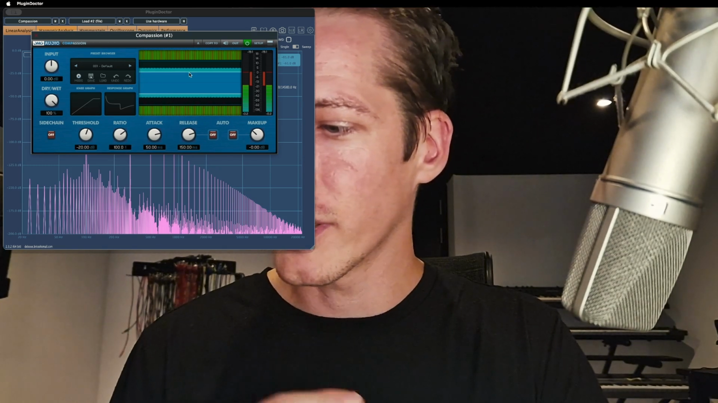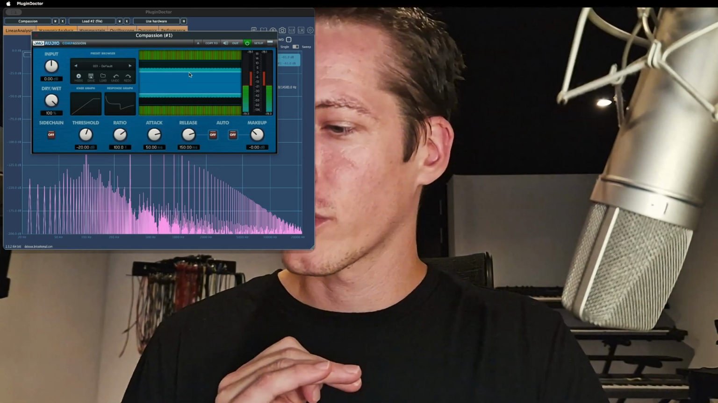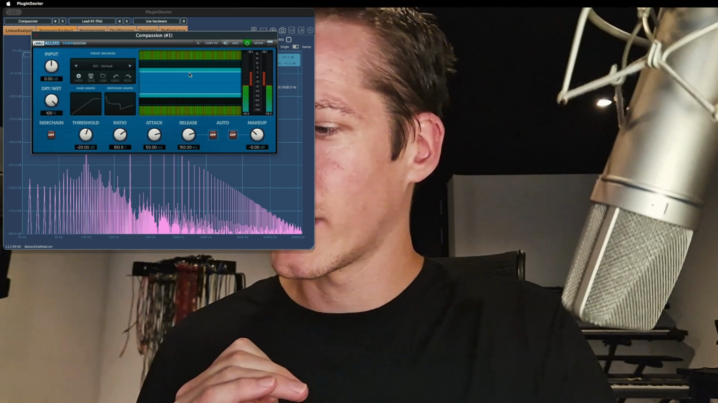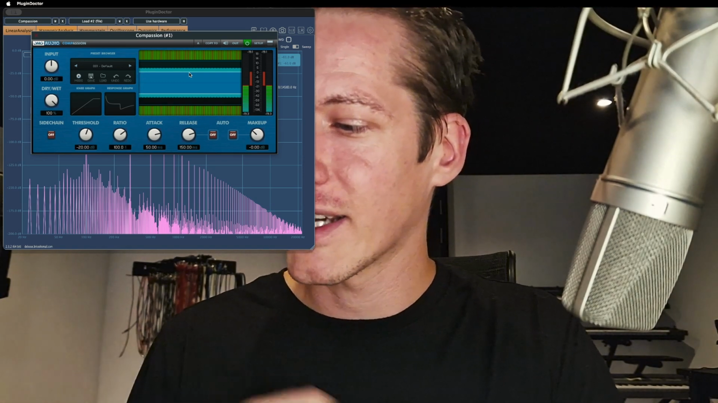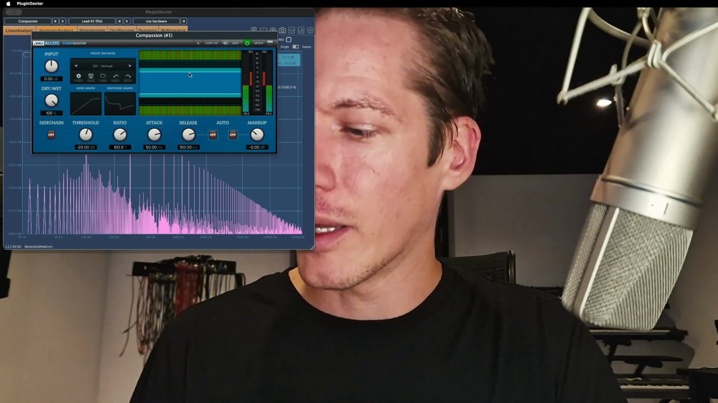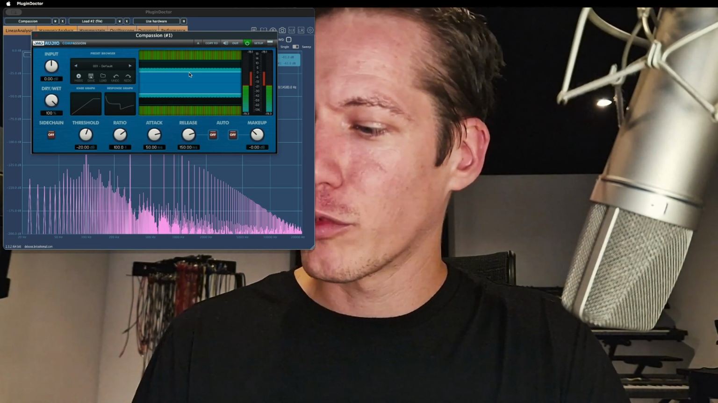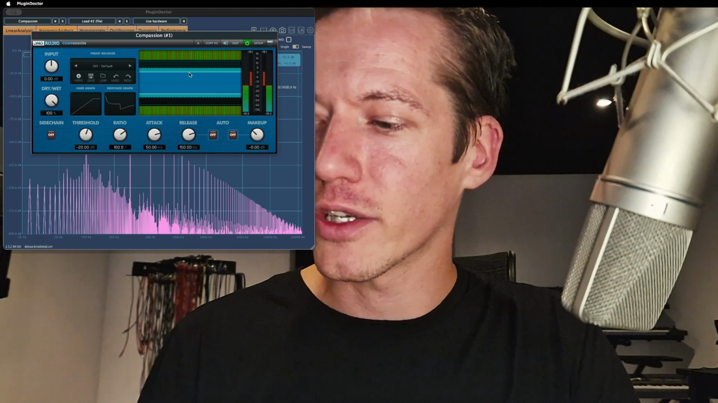And with compression, it's the opposite. On the other ones, we saw actually that the release had more impact. On compression, it's the opposite. The attack has more impact. And the rule I came up with for this one is attack more or less 4 times the period and release 2